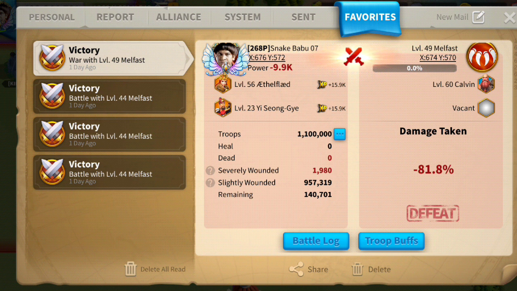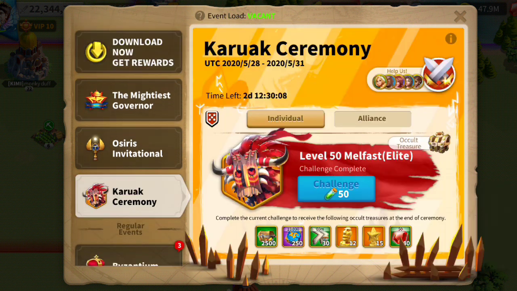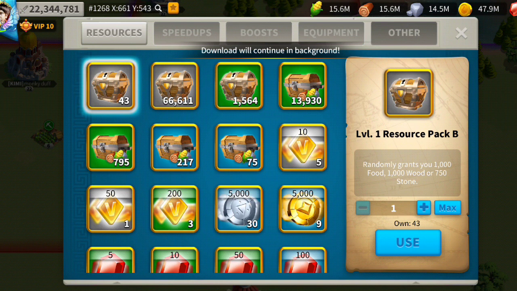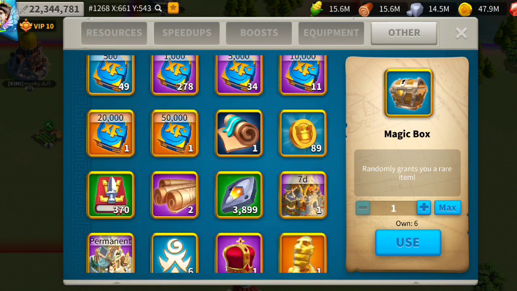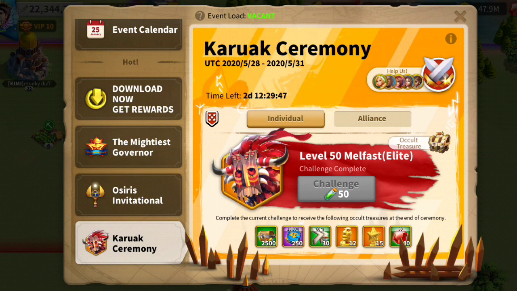And then there is a help facility in Karuak. If you look at Karuak here, you could use your mark of Karuak. You normally get 5 marks of Karuak. It's not a good thing to use them, but if you have no other choice, if you are not able to win it with your 5 troops and the rally, or 4 troops and the rally, then better use the mark of Karuak. And before using it, make sure that you have a friend with very good power